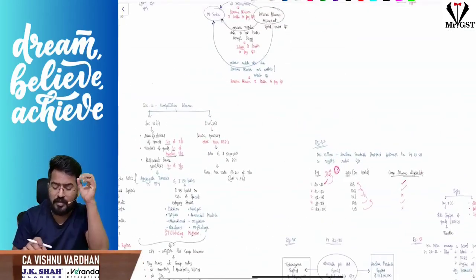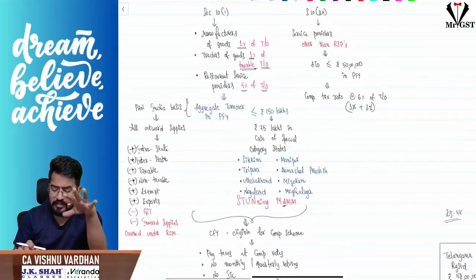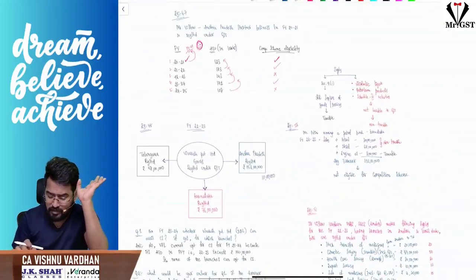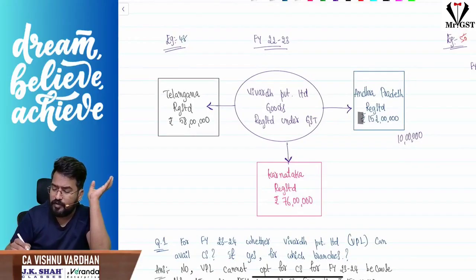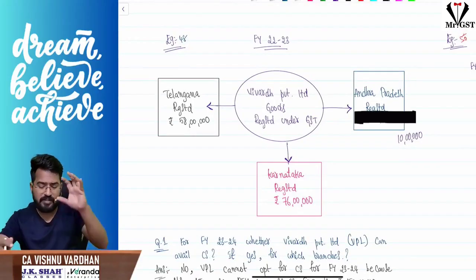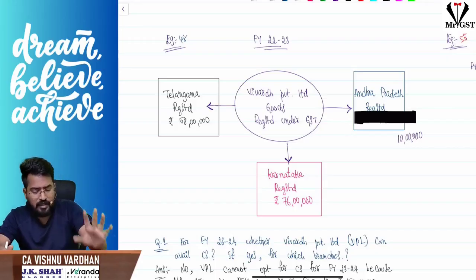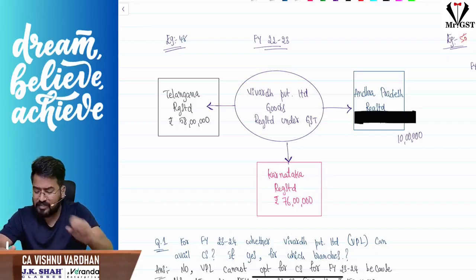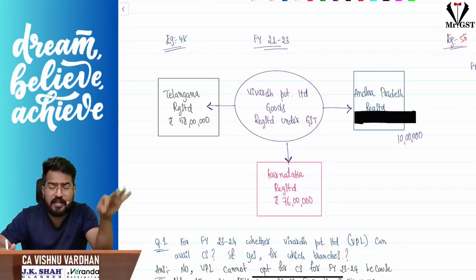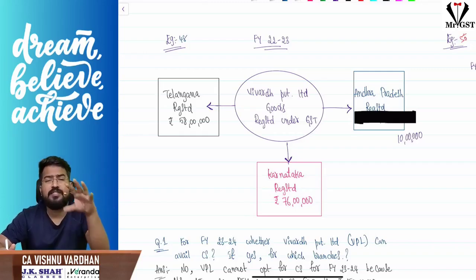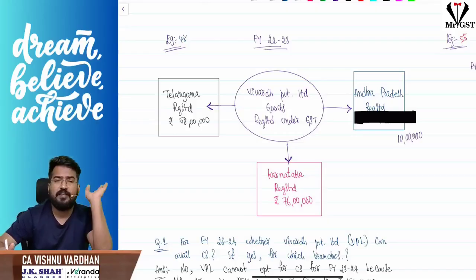See here, guys, in the soft copy I have given various examples. Please go through the examples clearly. Now, for example, sir, I have a company where in Telangana I am doing 58 lakhs, Karnataka 76 lakhs, Andhra Pradesh 10 lakhs turnover. In that case, whether I am eligible for composition scheme or not, we will see the aggregate turnover. That means all the states, whatever the turnover is there, together we will take and see whether it is exceeding 150 lakhs or not.